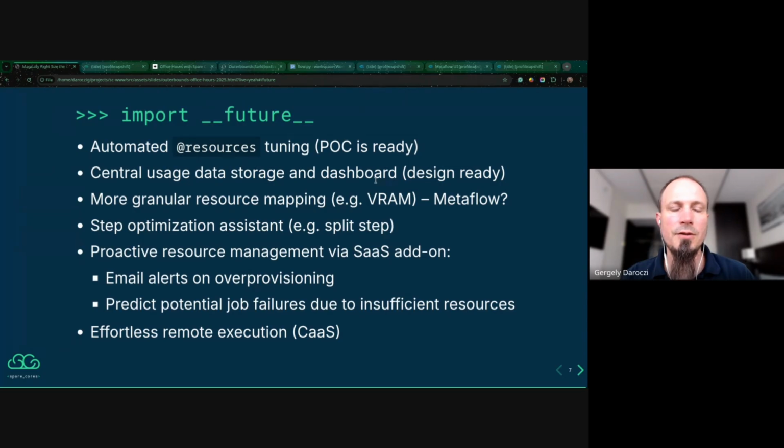Second, I would like to work on this central location of resource usage data, and I find that a powerful idea: that for all your steps and flows, resource usage data is collected in a central place. You can also group things into projects and teams and so on, so that you have like a 360 view of all the data science and ML related things, and use that for some FinOps approaches. And yeah, I would love to see some